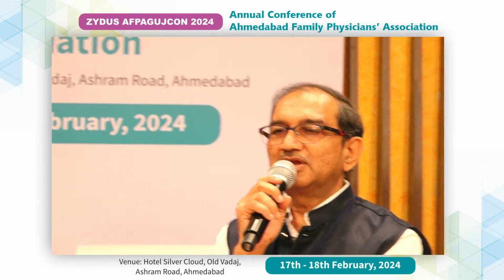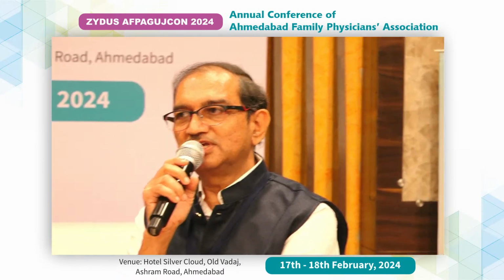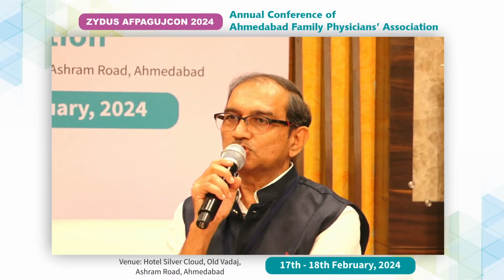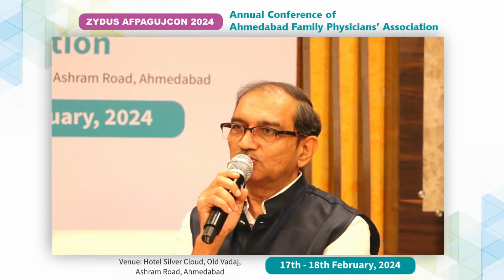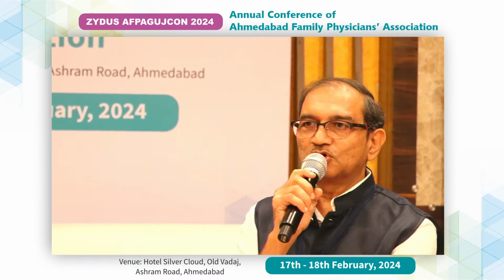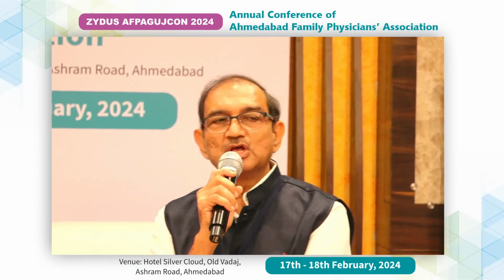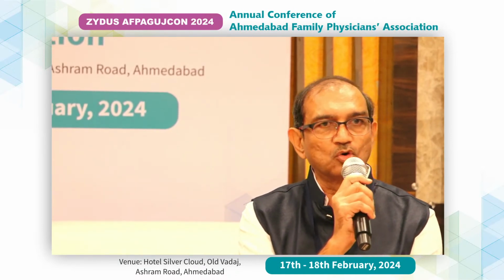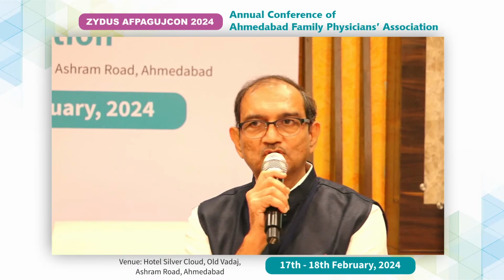But I had seen the hemoglobin only. In his case, the platelet count was also low, and that was a case of aplastic anemia. The patient was not improving with any iron sucrose. So I request all of you to see the CBC report as a whole, not only the hemoglobin or only the white cells.